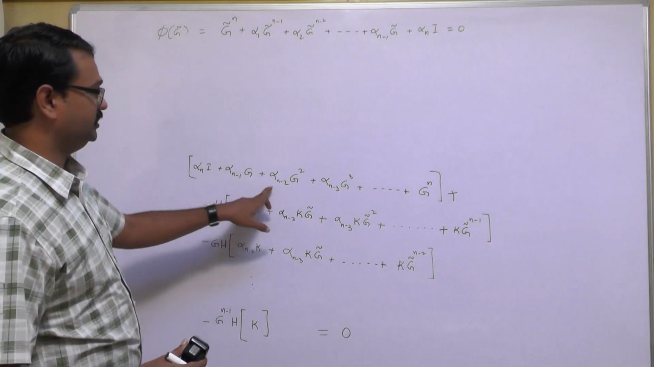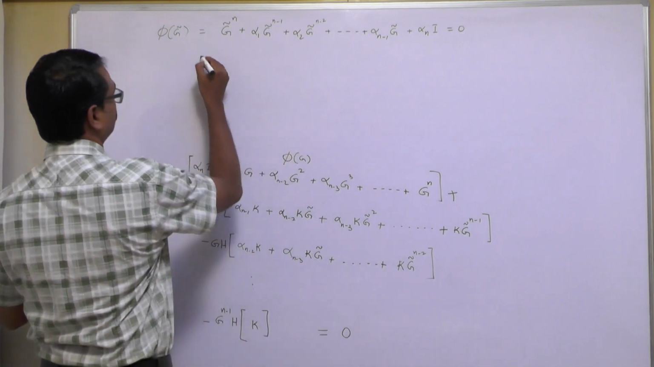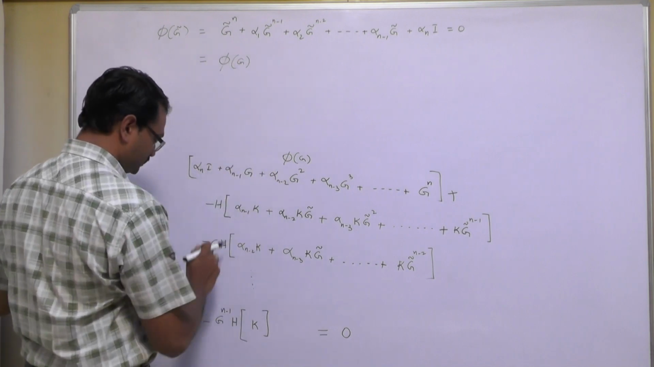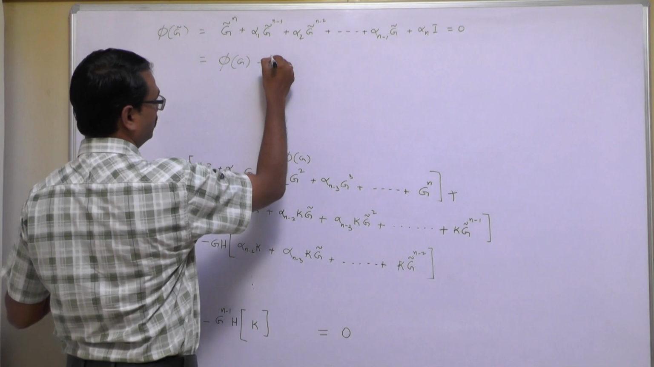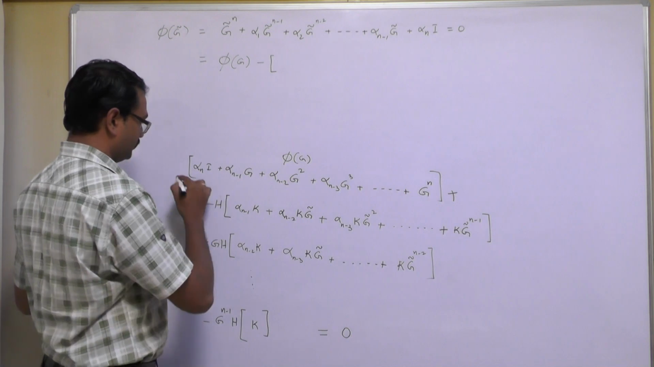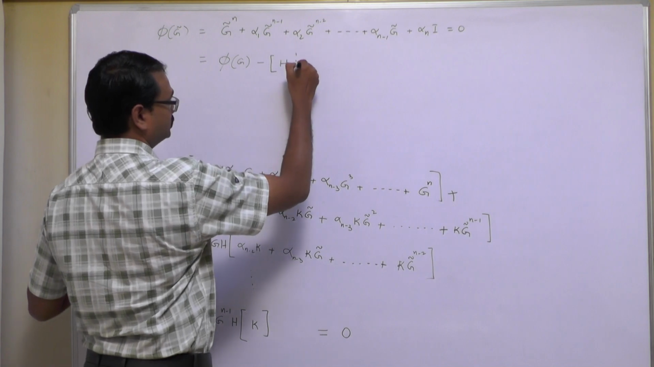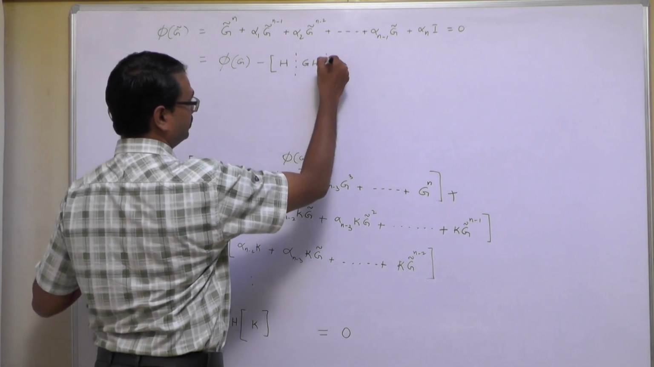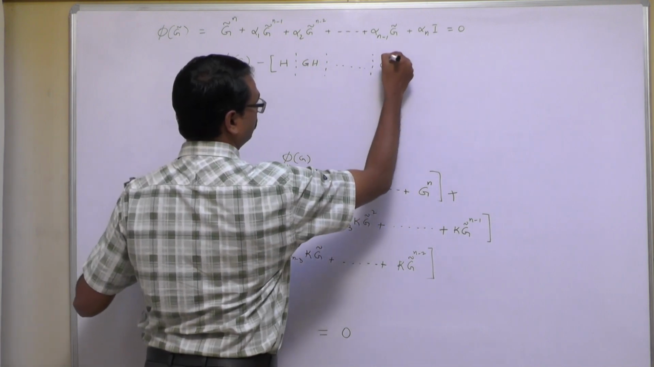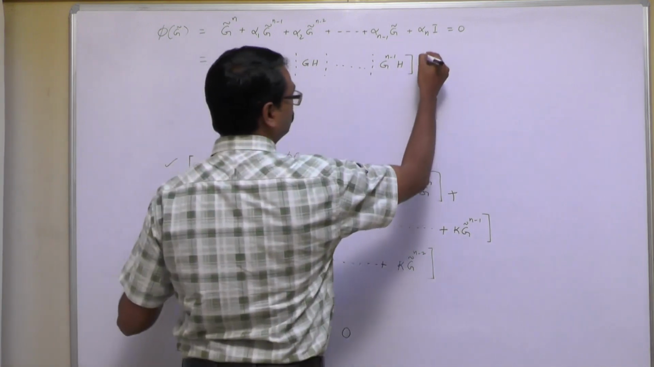Can I put this as phi of G? So when we can put this as phi of G, now this equation turns out to be phi of G, minus is common here, and you can simply put this in this form. Just see this one, and we are finished with this, we are left over with this: minus H is a matrix, GH is a matrix, then G power n minus 1 H into,